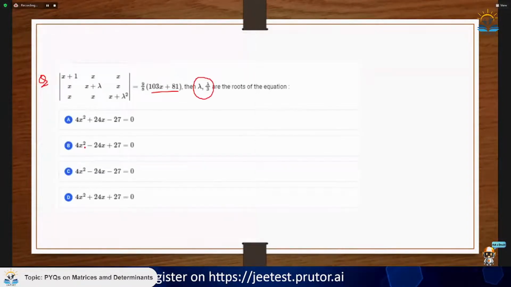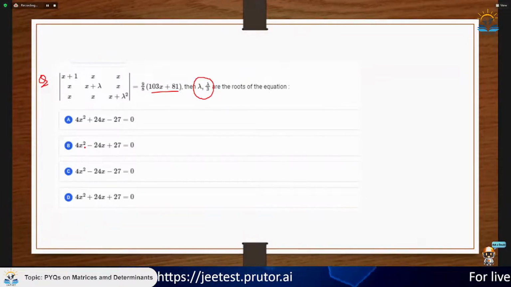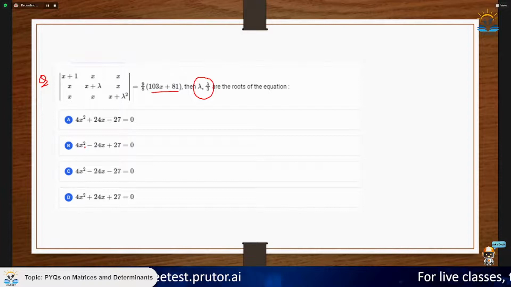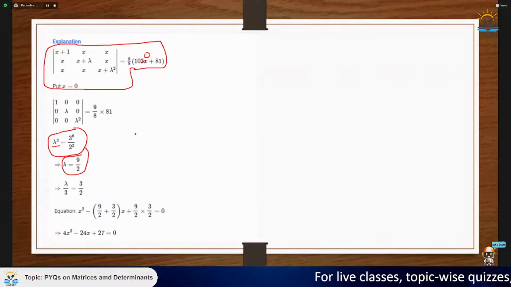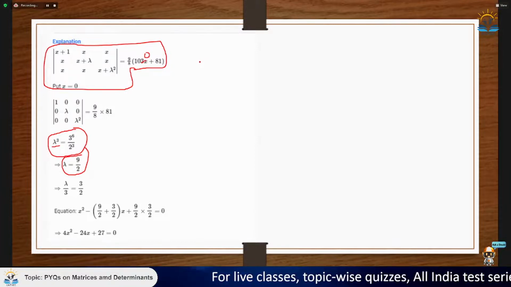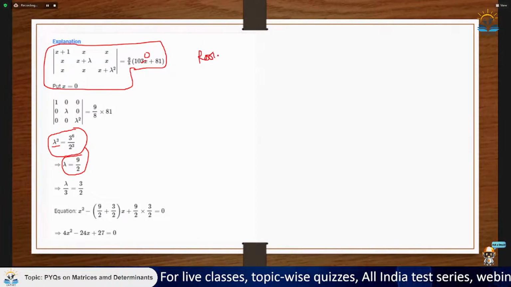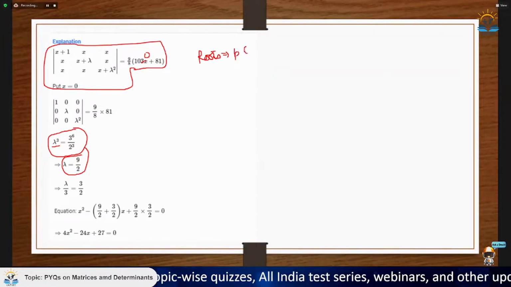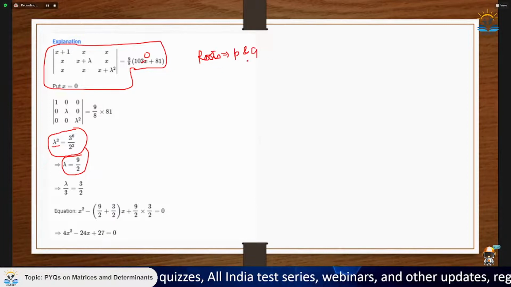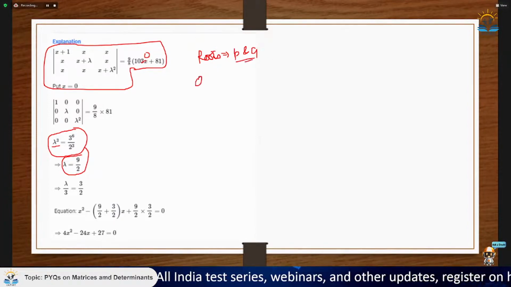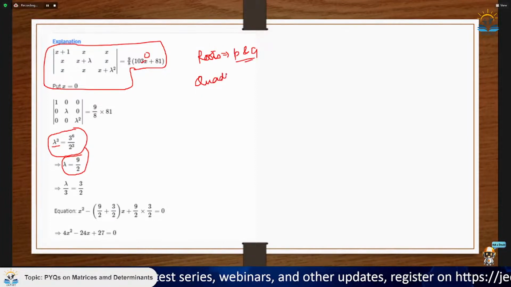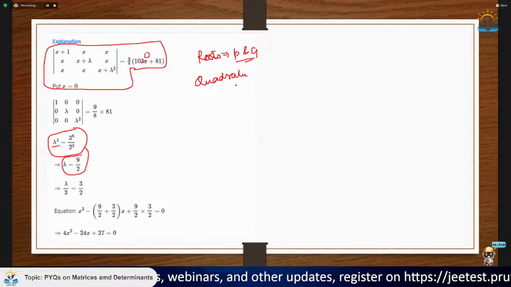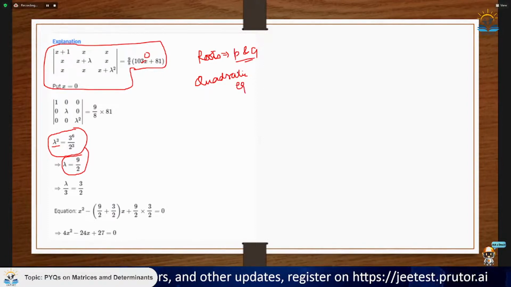And you were said that lambda and lambda by 3 are roots of the equation. So lambda is 9 by 2 and lambda by 3 is 3 by 2. और मेरे को पता है कि जब भी मेरे को रूट्स दी रहती हैं, whenever let's say मेरे को दो रूट्स दी गई हैं p and q, और अगर मुझको इन दोनों रूट से कोई क्वाड्रेटिक इक्वेशन बनानी है तो वो क्या होती है? That quadratic equation is given by